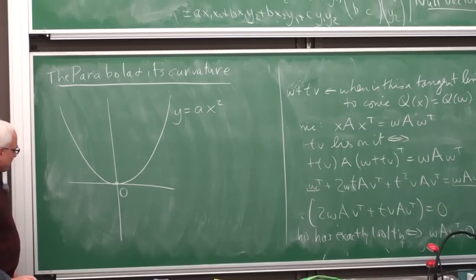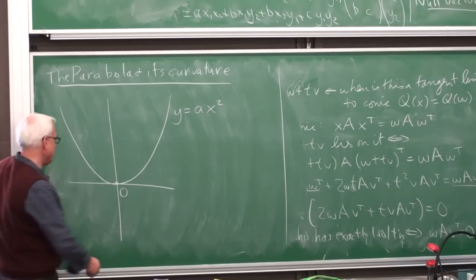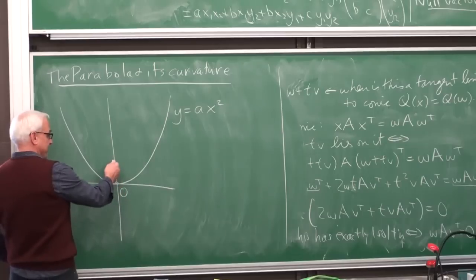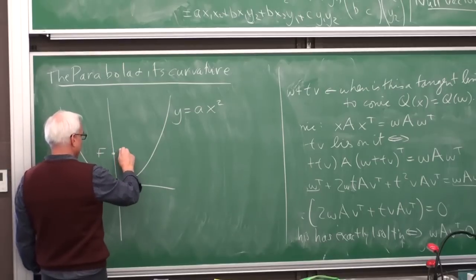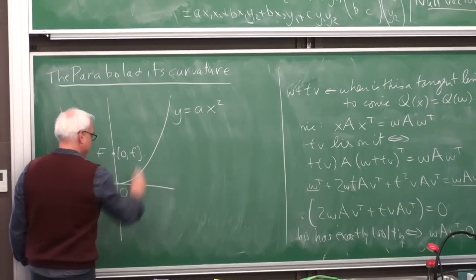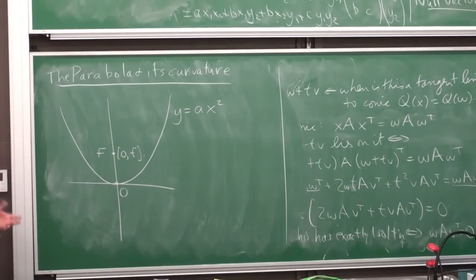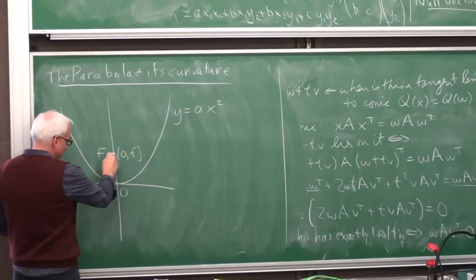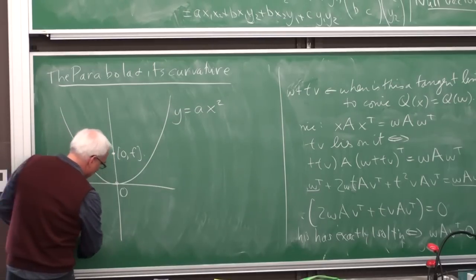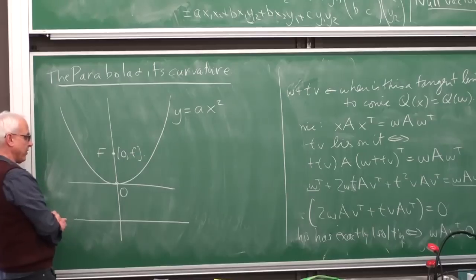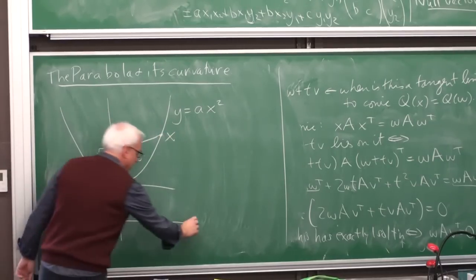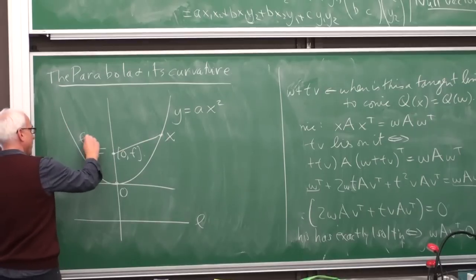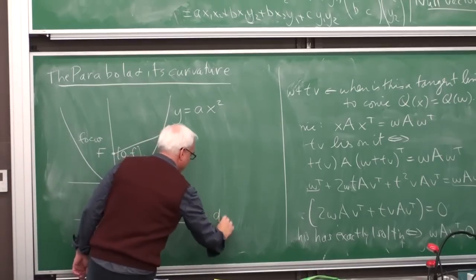Well, the first thing that we're going to do is we're going to find the focus of this thing, going back to the classical definition of a parabola. So suppose that we have some focus, and we'll put it here by symmetry, so at the point 0, f. And I remind you that the classical definition of a parabola is that it's what you get when you take the locus of a point which is equidistant, or equiquadrants, from a focus to a line. Okay? Focus and directrix.